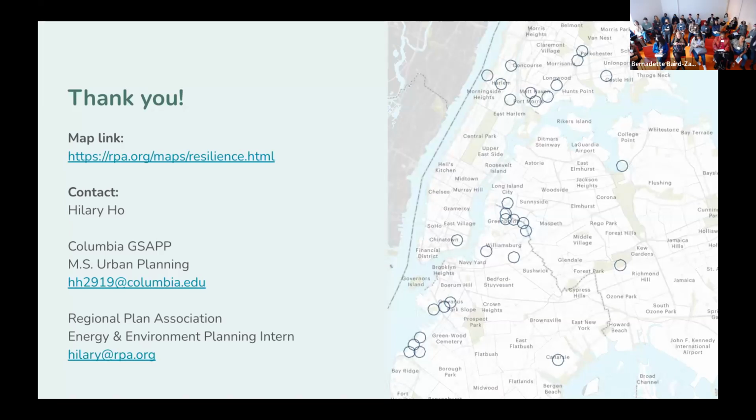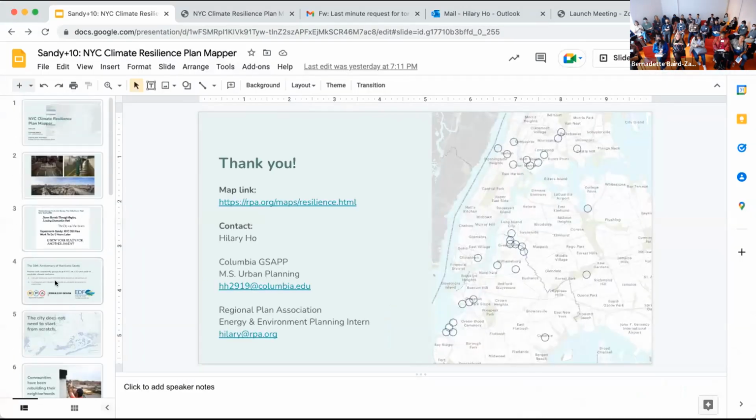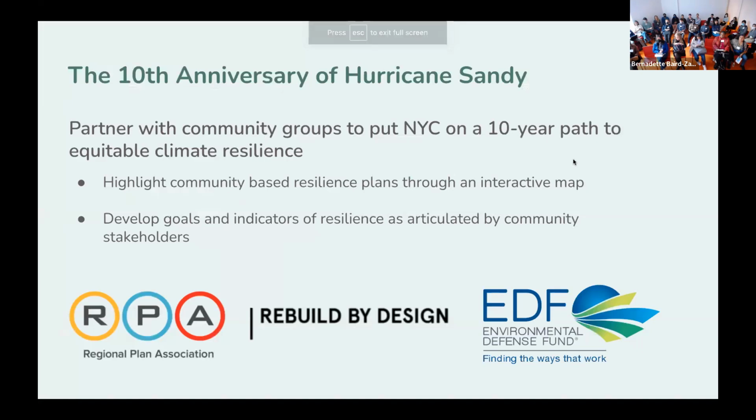I think that's a really great question. And I would say that maybe is related, I'll go back a few slides, to another aspect of work that EDF is leading on this project: developing these goals and indicators of resilience. Just as someone who looked through all of the plans and through the city plans as well to read their content, I will say that there are differences in the way that resilience indicators are articulated.